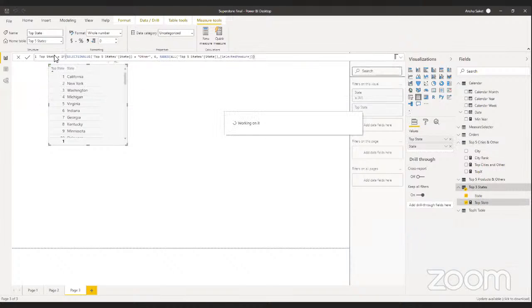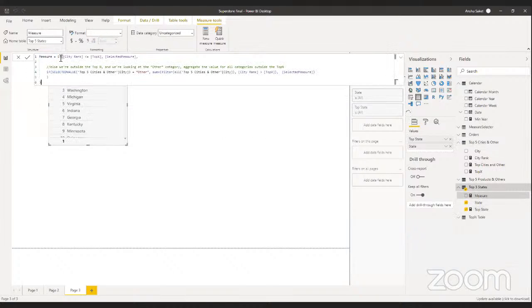New measure. Let's call it money. So obviously we have the rank of our states as top states, right? That's what it's giving. So if our rank is less than or equal to 5, let's select that selected measure. That's there. Let's keep it that. But if the value is others, for more than 5,